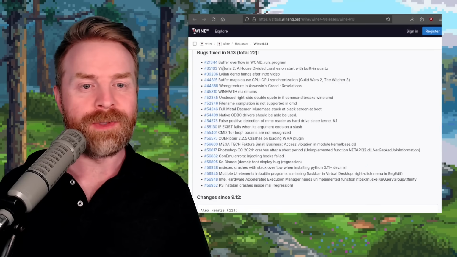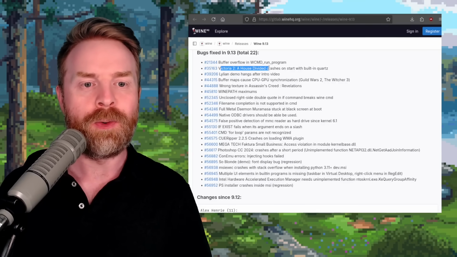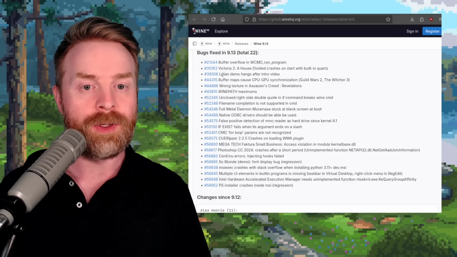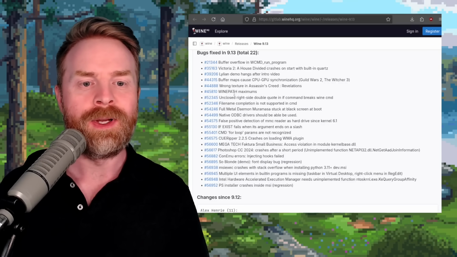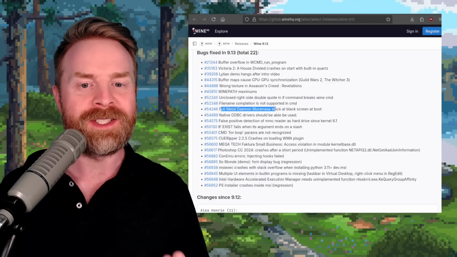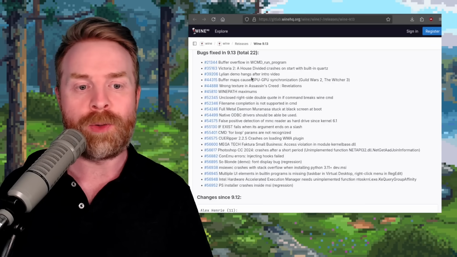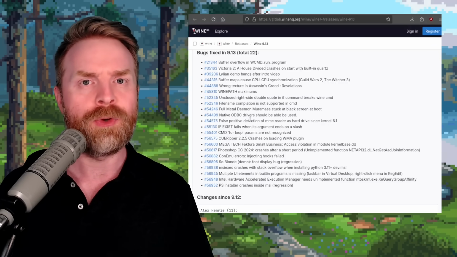For example here, Victoria 2: A House Divided should no longer crash on start with built-in quartz. Lillian demo should no longer hang after the intro video. And on top of that, Full Metal Daemon Muramasa should not be stuck at a black screen on boot. On top of that, there's fixes for a whole bunch more stuff, and there might even be improvements for even